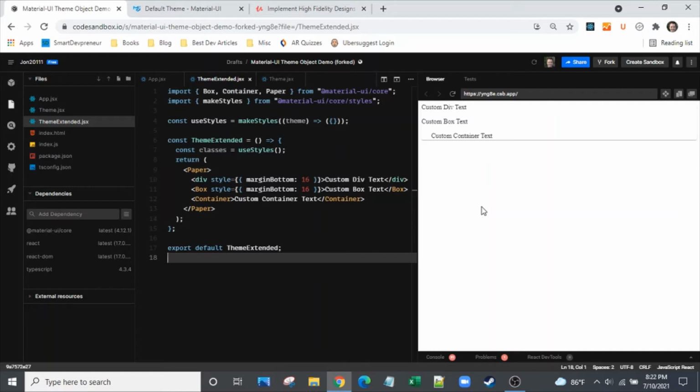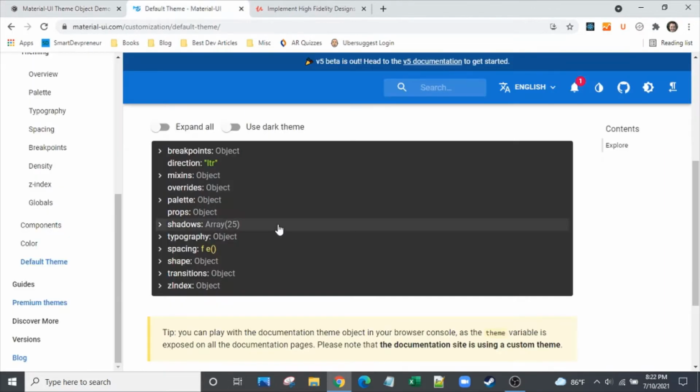Today we're going to jump into some really interesting aspects of Material UI. I'll be customizing the theme object, but it's not what you think. A lot of people get into the palette when they talk about customizing the theme object, and yeah, that's one aspect of the Material UI theme, but there's actually a lot of different objects that can be customized in the Material UI theme. So today I'm going to talk about breakpoints,